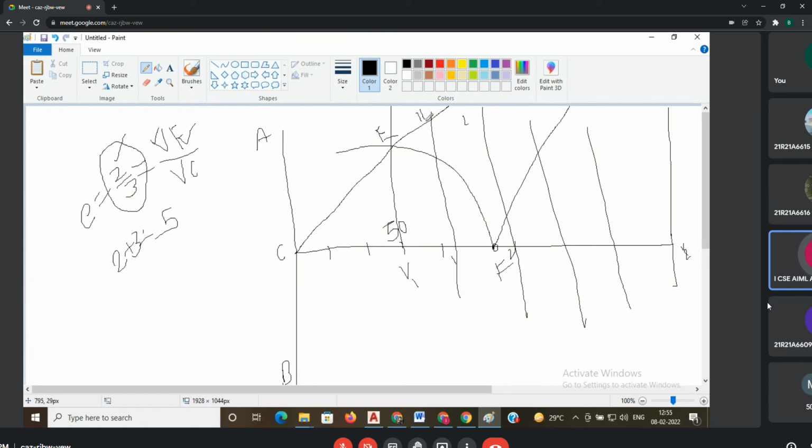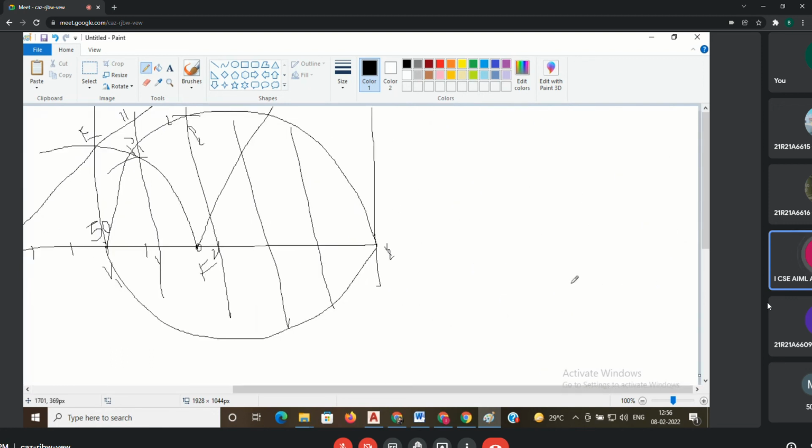Then 1, 1 dash as a radius, F as center, cut the first line. Same 2, 2 dash as a radius, F as center, cut the second line. Then this is your P1, this is your P2. You have to show the notations. Next, from the vertex, you have to start the curve, not from the focus. What do this V1, V2 represent? Starting point of the ellipse and ending point of the ellipse. That's why you have to start from the vertex and P1, P2, P3, P4, like that. You have to join all the points. At the bottom also, you have to join all the points. You can go for mirror command.